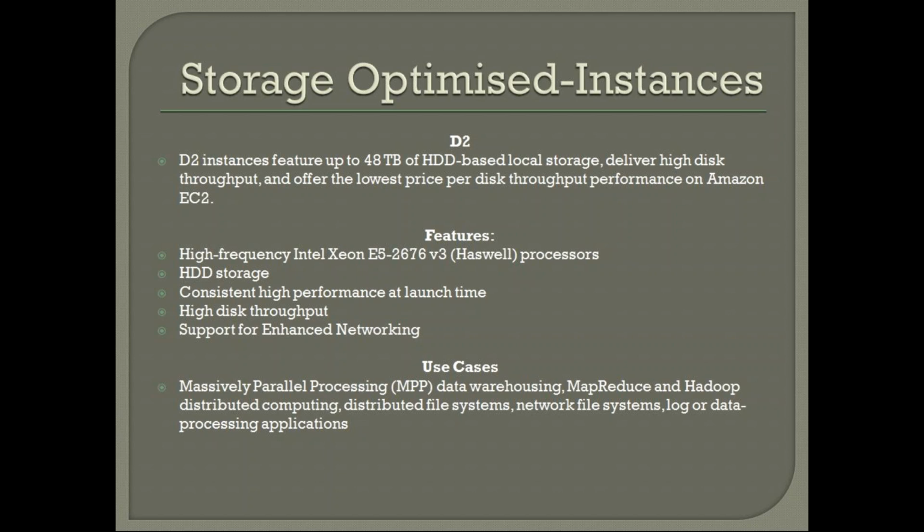Consistent high performance at launch time. So if you are launching an instance, every instance will work at the time of launch differently, and after some time due to high traffic or high processing it may work in a different manner. That is, optimization will be more on the CPU, so the system will become slower and slower. So that is the optimization. So here this instance will give consistent high performance at launch time. So very high performance at the time of launch it will be there, and high disk throughput,